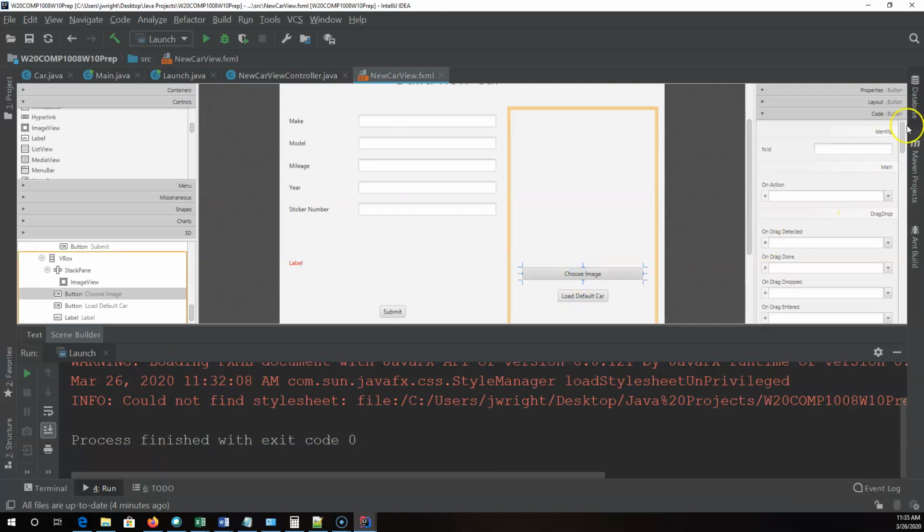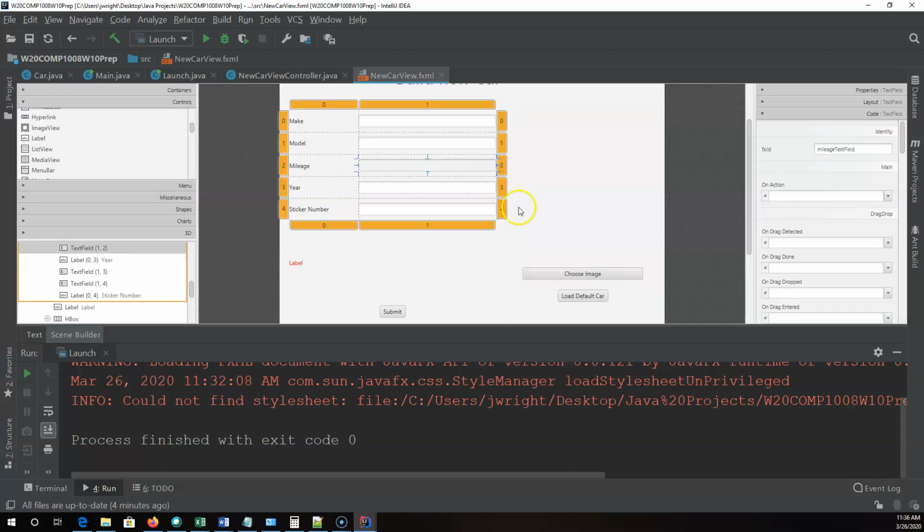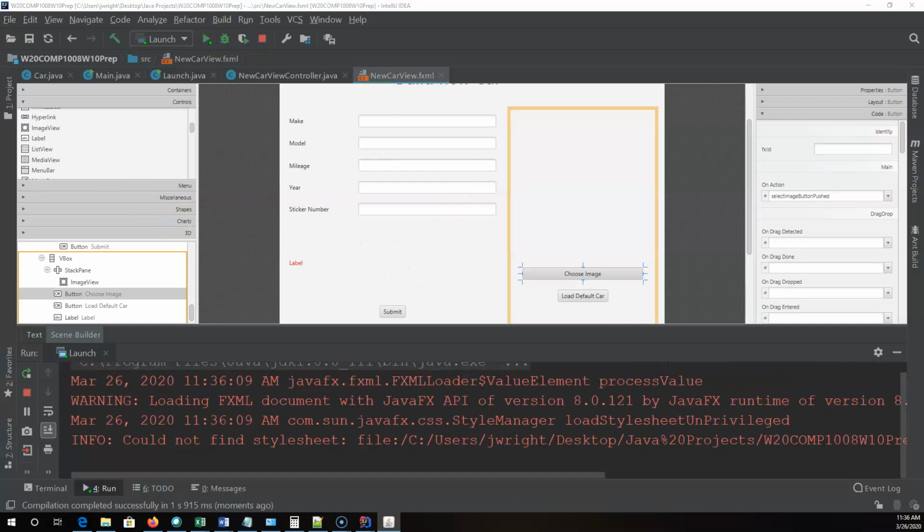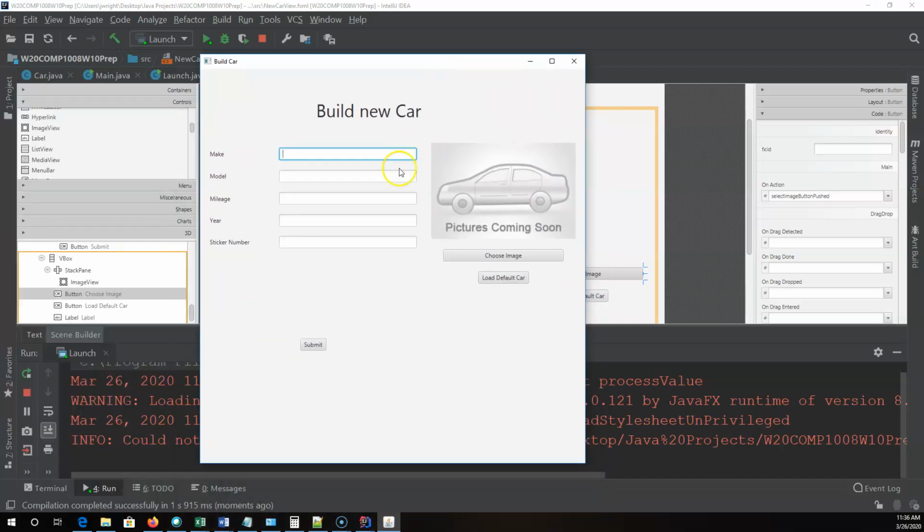I click on it. I'm going to go to my code section on the far right, and on that action, we'll connect up our method. Hit save. Sometimes I like to just click on them, make sure that it's definitely there. Hit play. So now our scene launches. If I click on choose image,